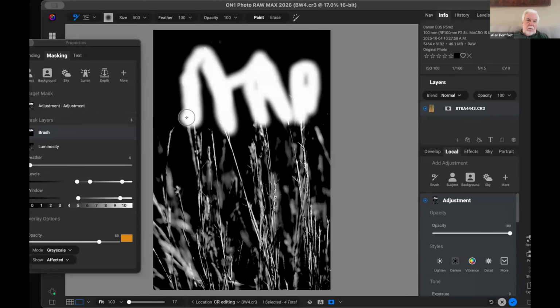And maybe throw this one in for good measure. So anyway, now we have the two masks. We have the luminosity mask, and then we have this brush mask. Let me just show you though, if I go back to the picture and then I go down, I'm just going to do an exposure. You can see it exposes the whole thing,